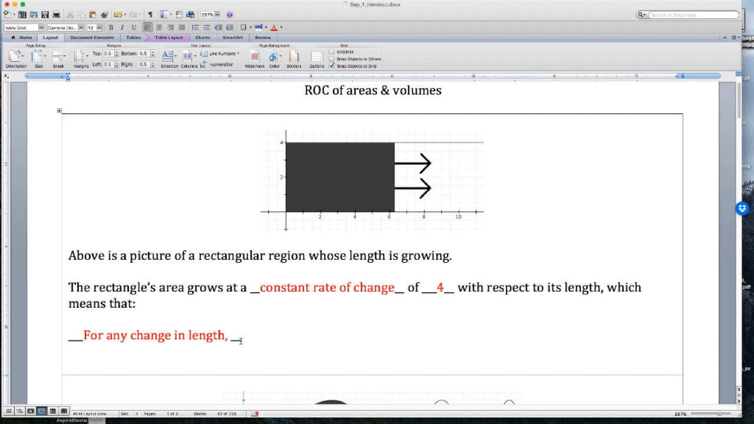The verbiage changes or something, rectangle grows in area. I guess it is a change in area or